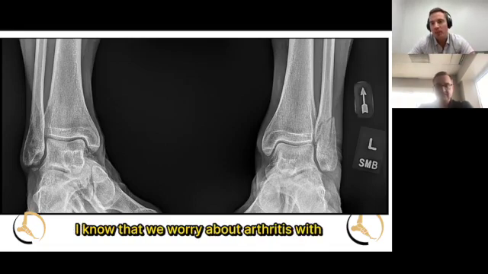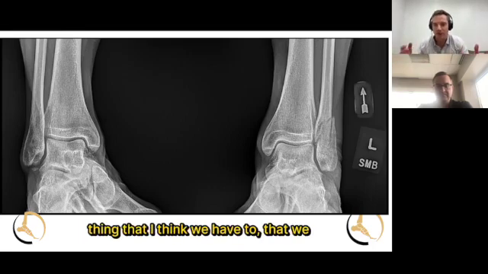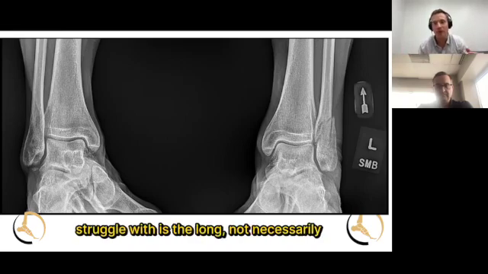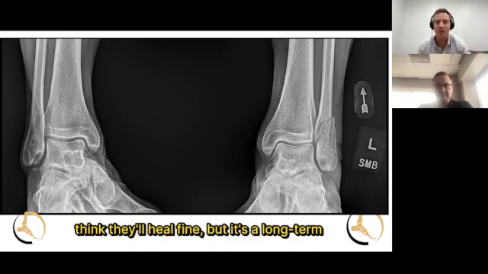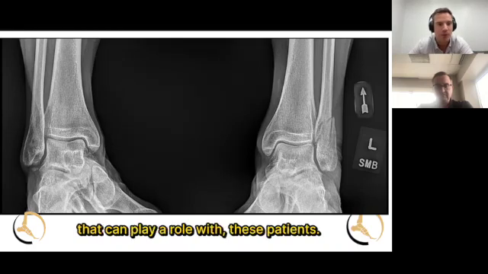I know that we worry about arthritis with this, and that's the hard thing that we struggle with, not necessarily the short term. I think they'll heal fine, but it's the long-term effects on that joint, because we do know that can play a role with these patients. Absolutely. All right,